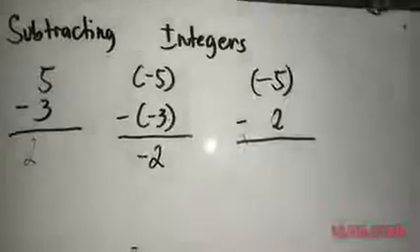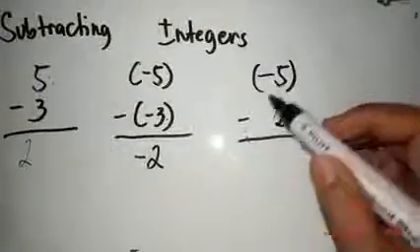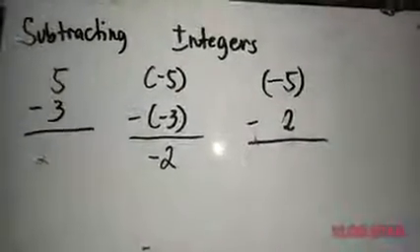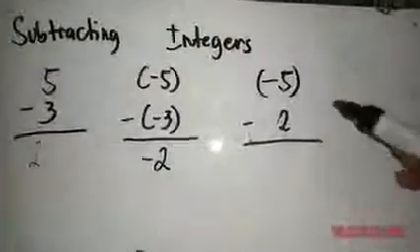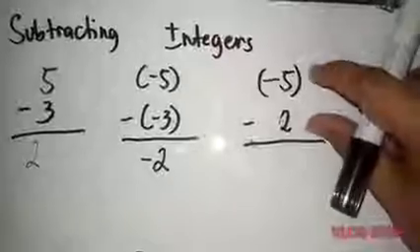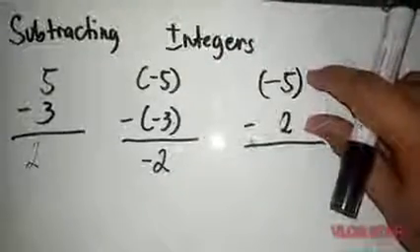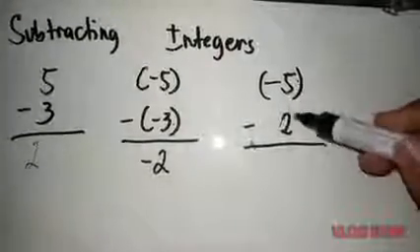The third example is negative 5 minus negative 2. This one is under unlike sign. So you can see that they have different signs. This one is positive, this one is